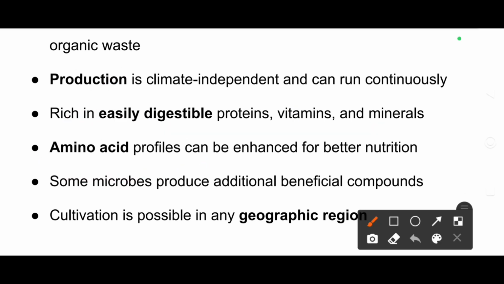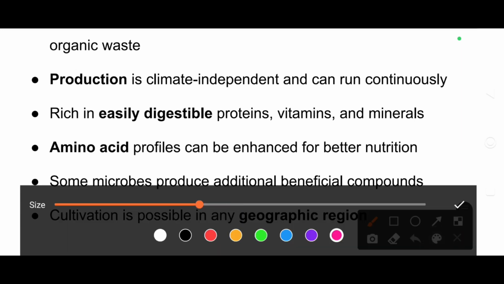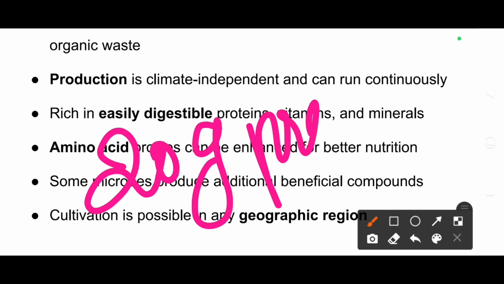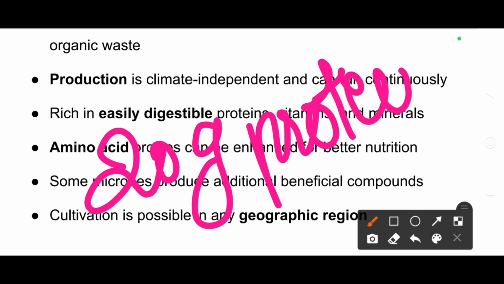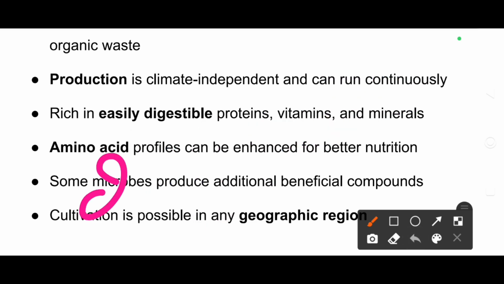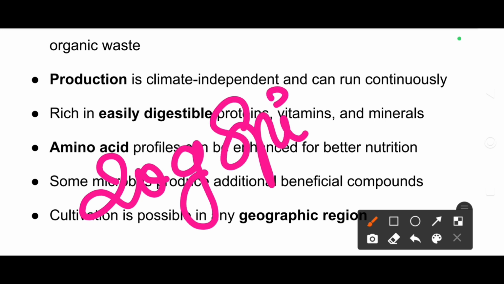So for every human, we have a particular quantity of amino acid or protein requirement. For a human being, we need to take at least 20 gram of protein per day. Okay, not 20 gram of protein, 20 gram of SCP, or any spirulina. For instance, I can take spirulina.